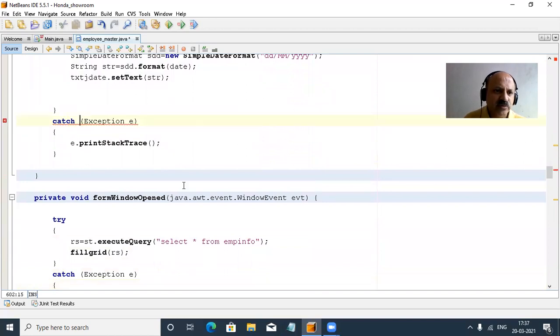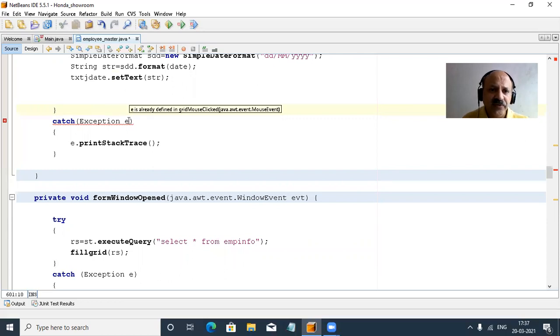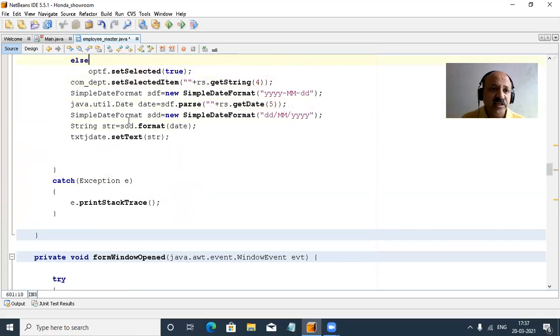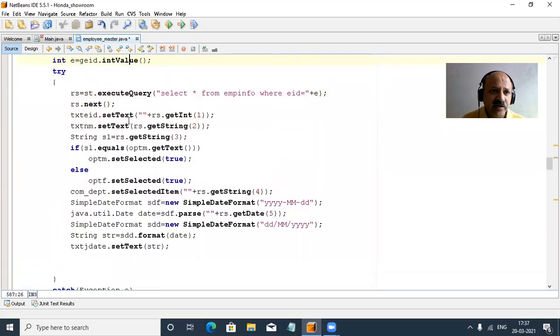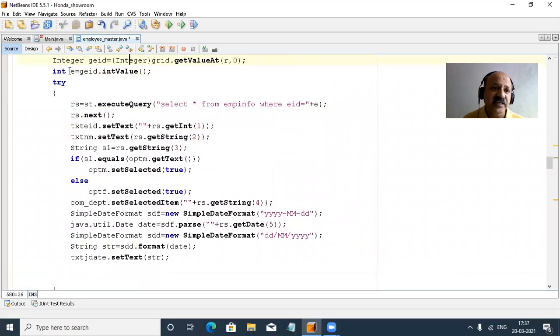Exception. So I think that is okay. So here that is a blank. So that is a required to error. Yes, again, so what to do? E. We can already define it. Okay, so we can give the E. So here E variable. I think we can give in the yes here. That is an E. Yes.